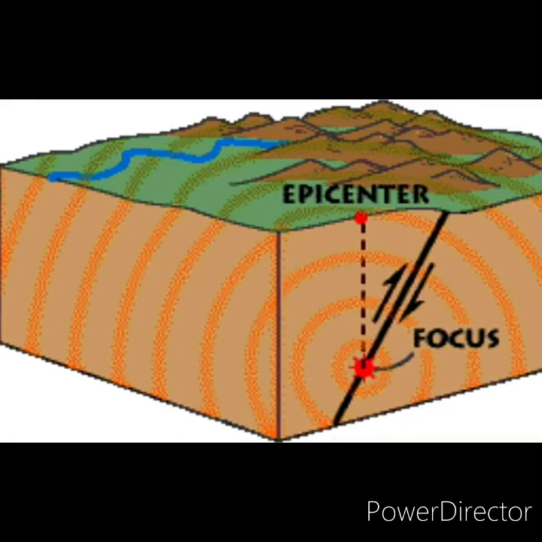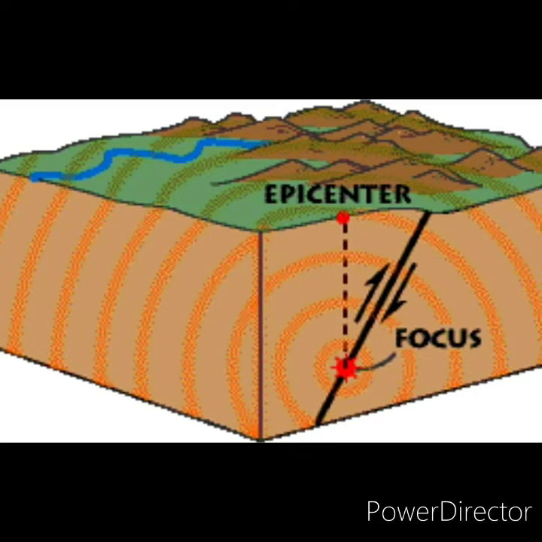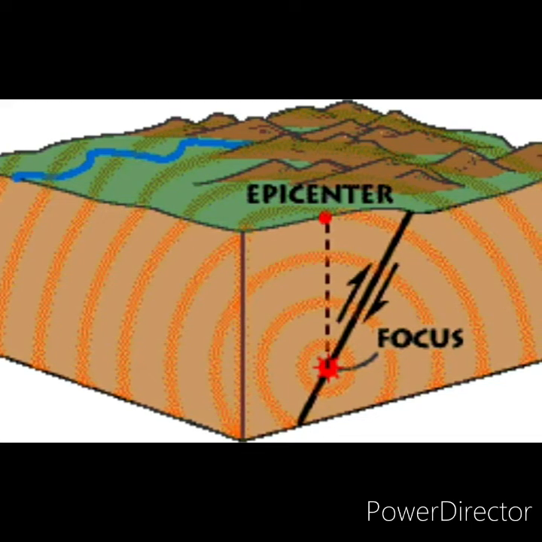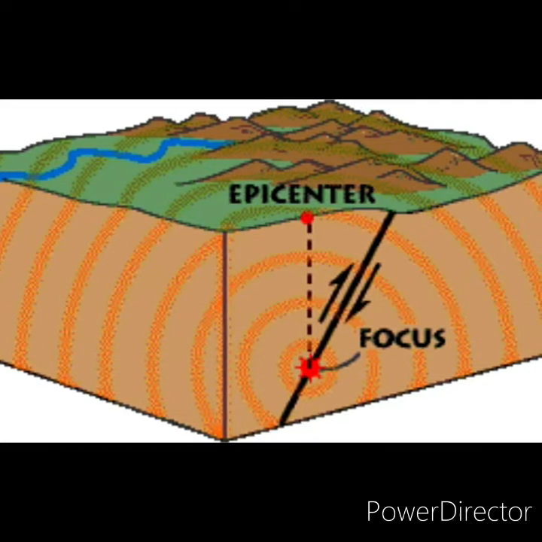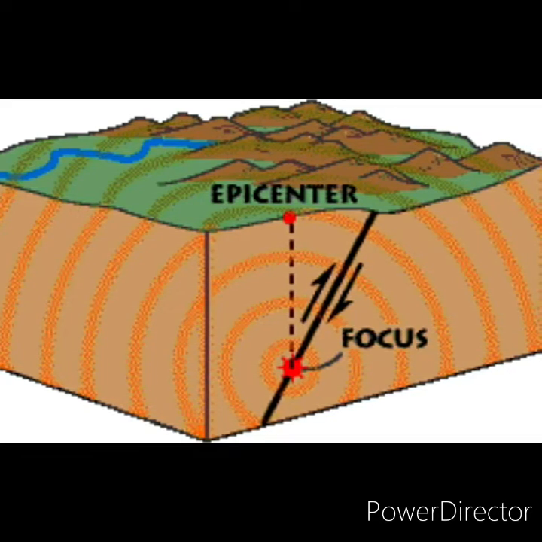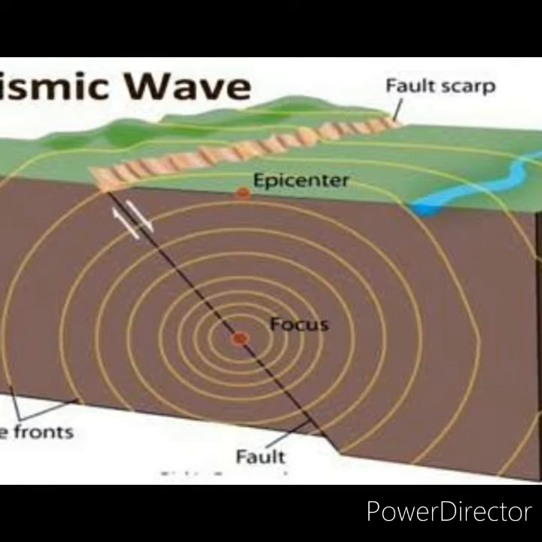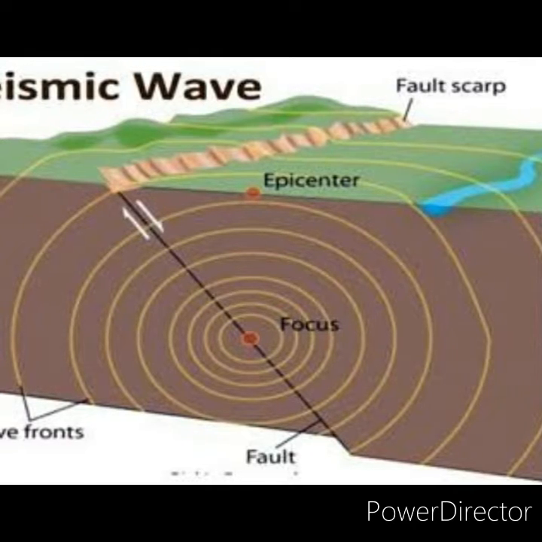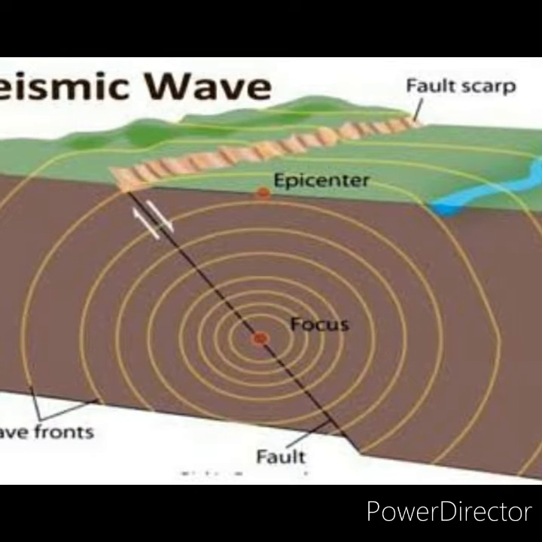The point of origin of an earthquake is called the focus. The other name for the focus is the hypocenter, which generates a series of elastic waves. Epicenter is a point on the earth surface that lies directly above the focus. The impact of the earthquake is felt the most at the epicenter. Seismic waves. Earthquakes generate seismic waves. The nature, force and speed of the seismic waves depend on the nature of the medium through which they pass.